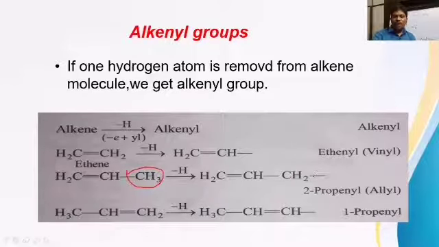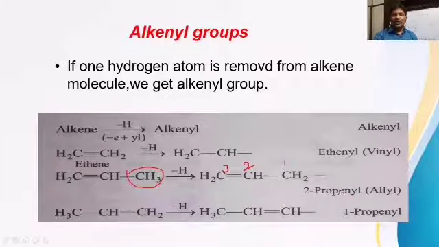Now this free bonded carbon should be given first position, remember. So it should be the first carbon, and the double bonded one is the second carbon, and then the third carbon. So totally there are 3 carbons. After the first carbon there is a single bond, and after the second carbon there is a double bond. So we have to say 2-ene: prop-2-enyl, otherwise 2-propenyl.